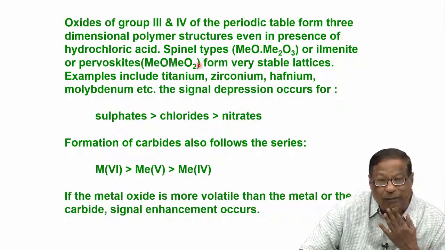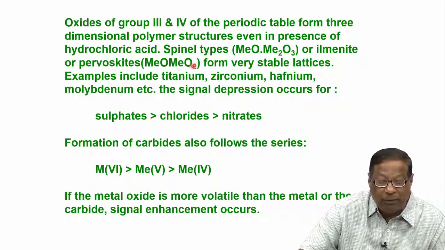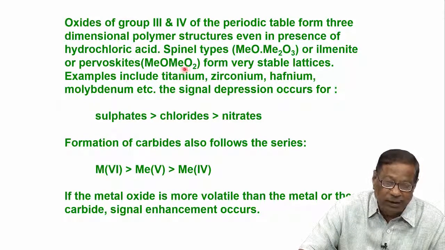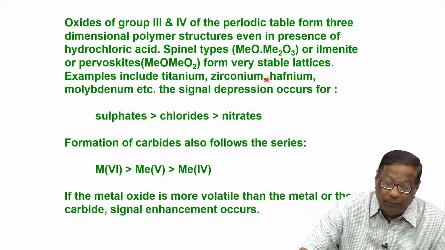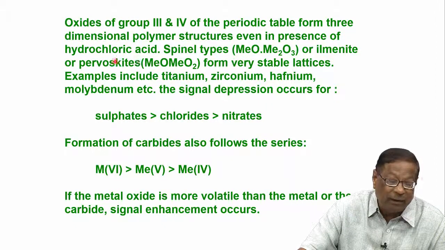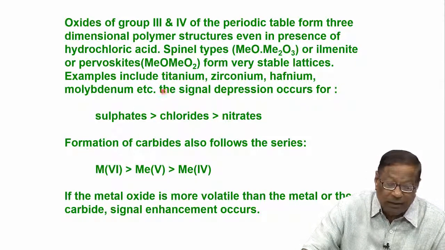All these polymeric structures are known to occur, and once they form it is very difficult to dislodge them from the structures. So, the structures are stable, very stable lattices, and the elements that combine to form spinels and ilmenite perovskites are